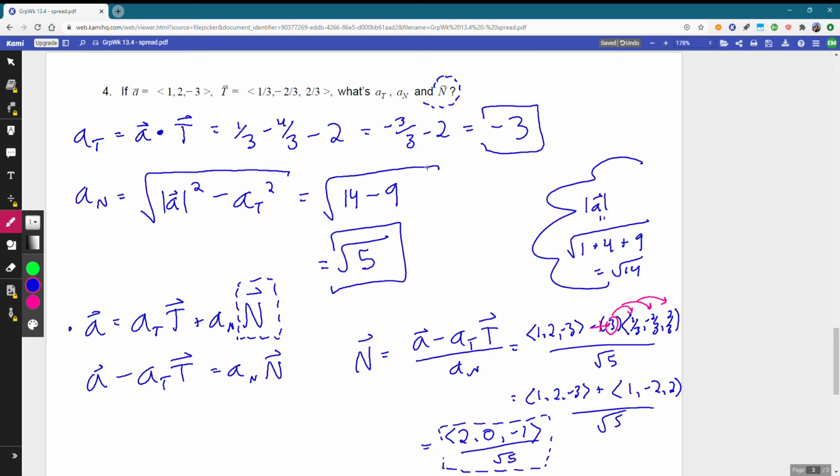Right. And we could leave it like that, or if we really wanted to, we could slide out the root 5 as a 1/root 5 constant multiple up front. Either way